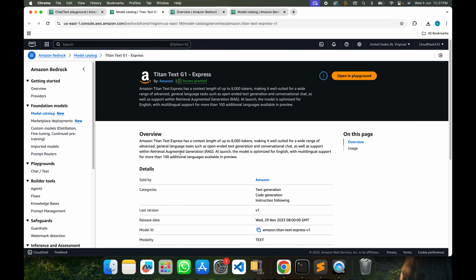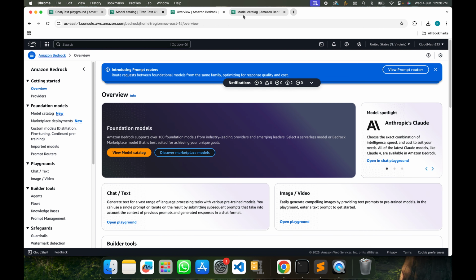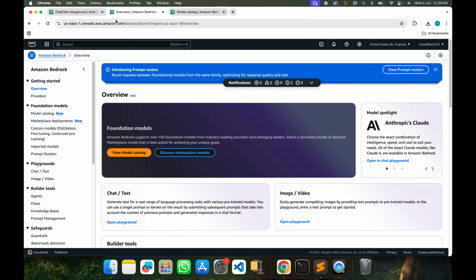It will open a particular info page which will give you all info about the model and API request parameter. For different models there are different API request parameters. You can copy this within your command line interface request and use it as per your need. So let's go on and try to